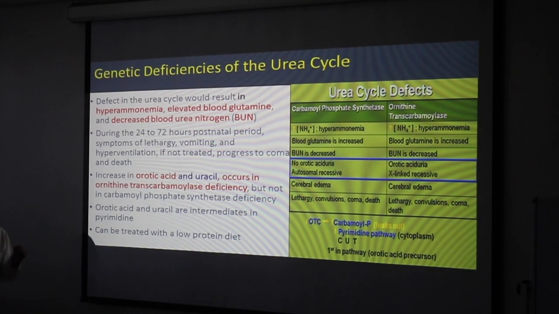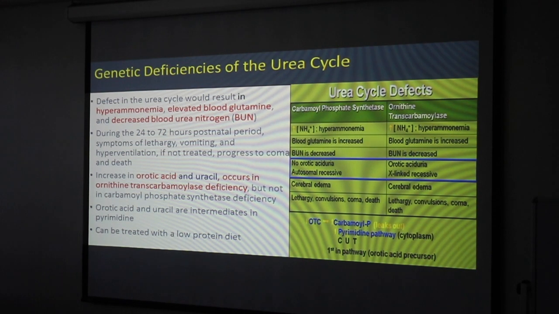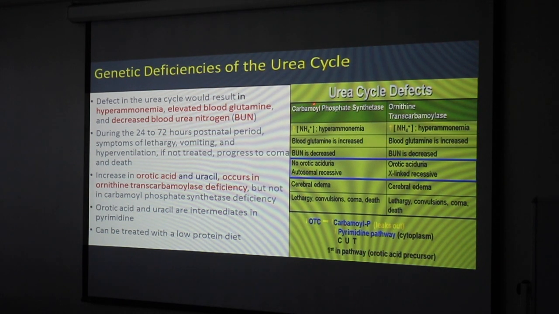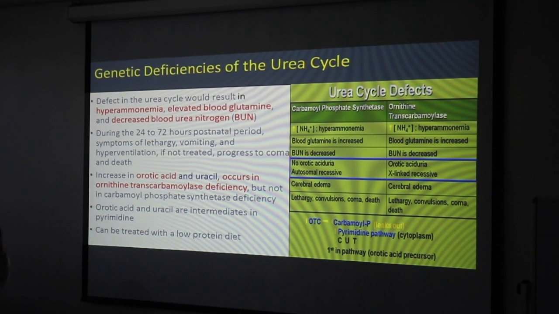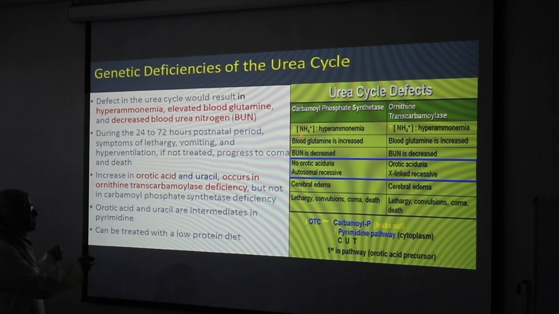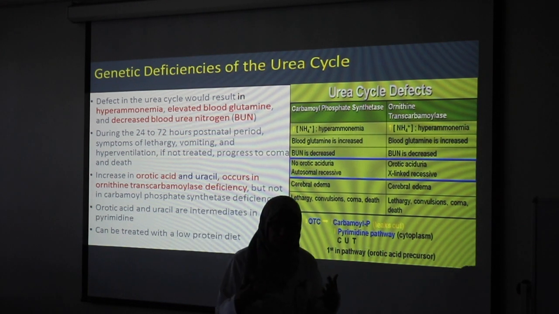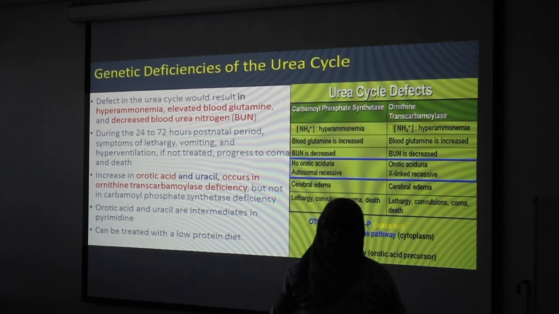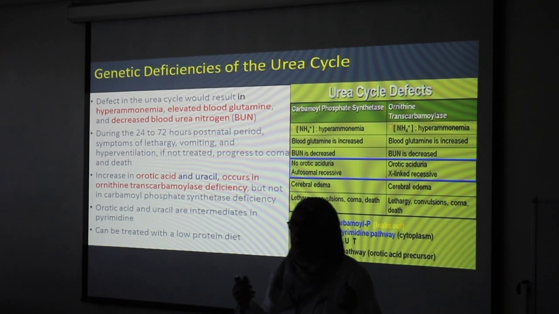Okay, the last part of this lecture is to talk about the genetic deficiencies. The most important thing is to be able to distinguish between those two deficiencies, okay? So whether it is carbamoyl phosphate synthetase 1 deficiency or ornithine transcarbamylase deficiency, it's a genetic disorder that is going to result in a problem with the urea cycle, so we cannot form urea. And as a result, what will happen? Ammonia will accumulate. So the patient will have symptoms of